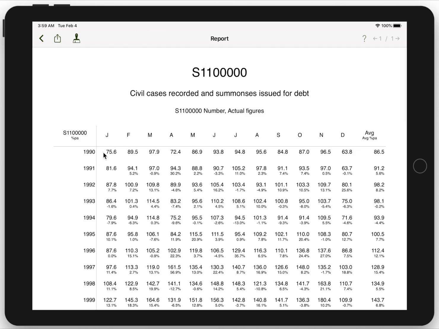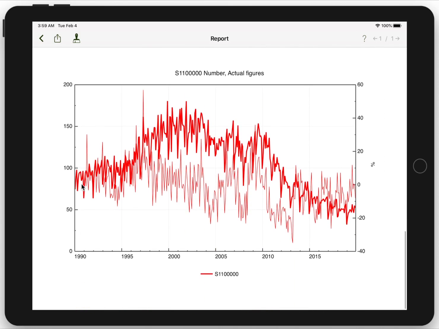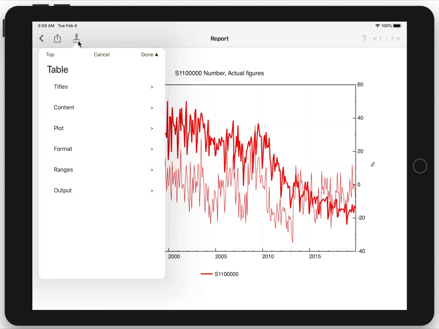Okay, now the report looks a bit better. I can also change the titles maybe to reflect the fact that I've scaled it a bit, but there we go. And maybe I want to look at the percentage changes on this axis, and I want to smooth that a bit. So let's go into the plot,